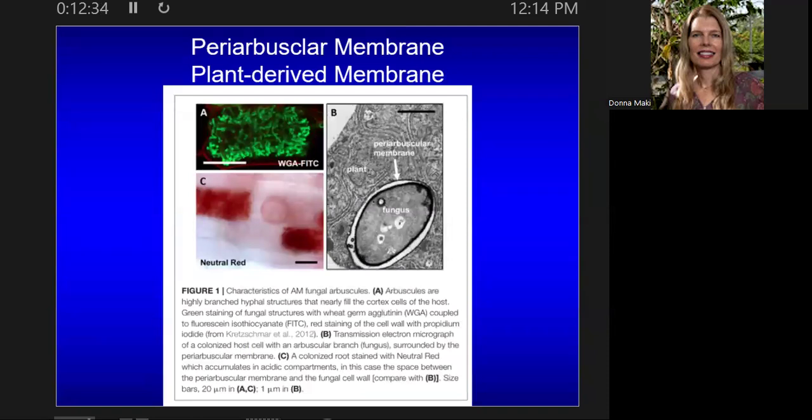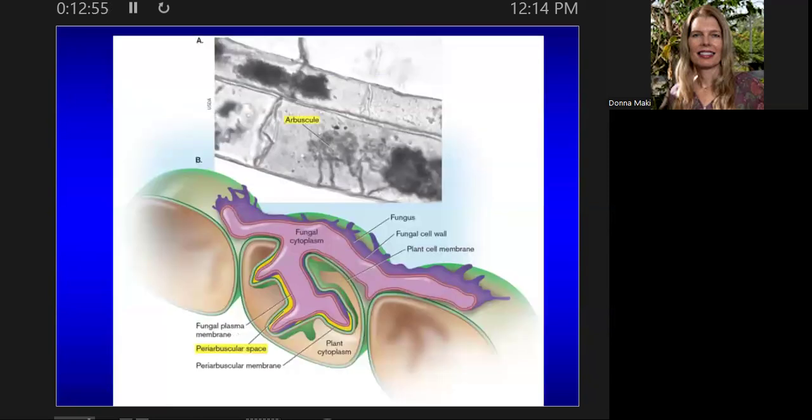And here's another paper that was published. And so when you look at it, if you didn't have the training on electron microscopy, just looking at figure A, you might think, oh, they're just in the cell. They're just kind of there in the cytoplasm, but that's not the case. There's very nice, careful studies have been done where you do have that association of the membrane. This mock-up is trying to show that, where they're trying to show the plant cell membrane is surrounding